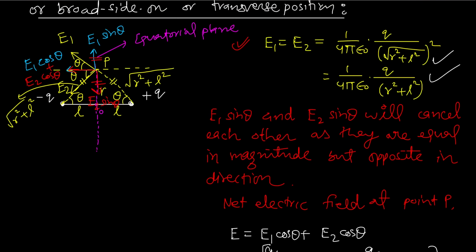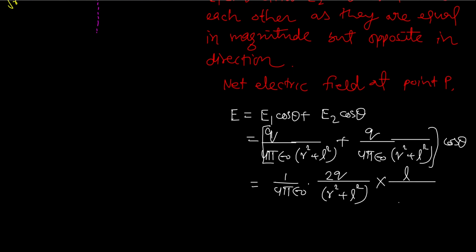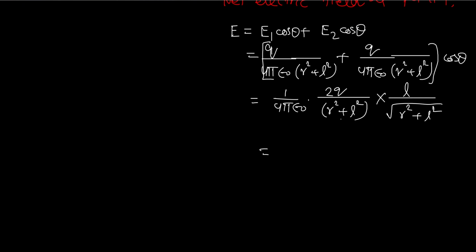From the diagram you can write that cos theta can be written as base upon hypotenuse. The base is L divided by hypotenuse under root L square plus R square, so it will be L divided by square root of R square plus L square, and you can rearrange the terms further to give you 1 upon 4